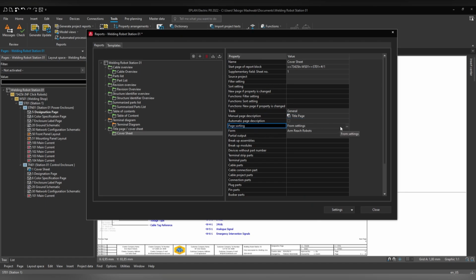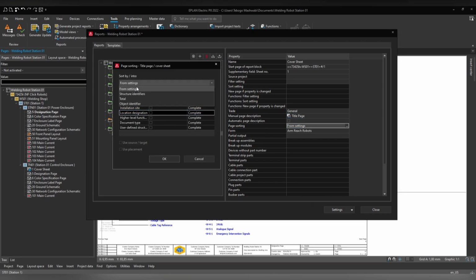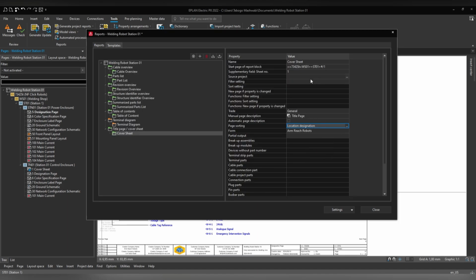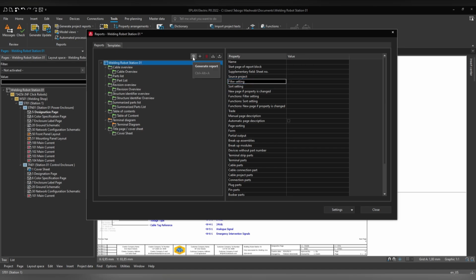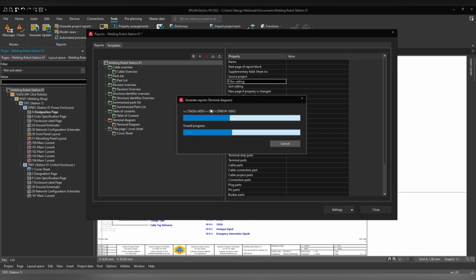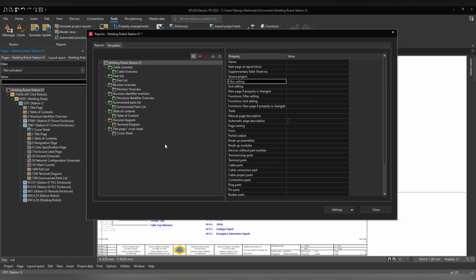And then with the page sorting, I'm going to sort according to our structures, say OK to location designation, and that should be fine like that. And then with the filters, I'll show you guys later how you can use the filters. But for now, we're going to generate these reports. So I'm going to hit that generate reports button, and as you can see, it starts generating the reports